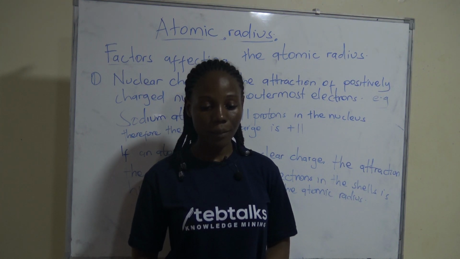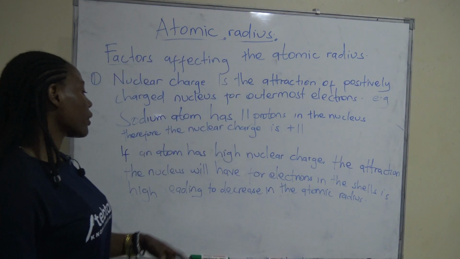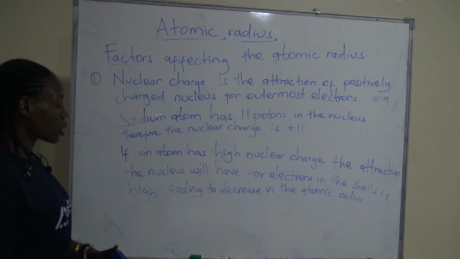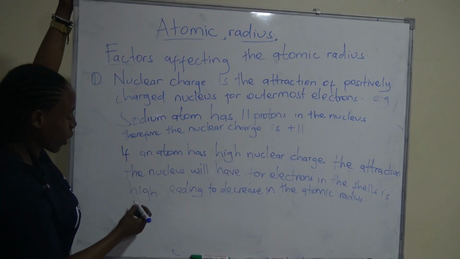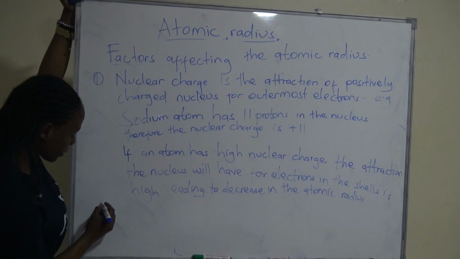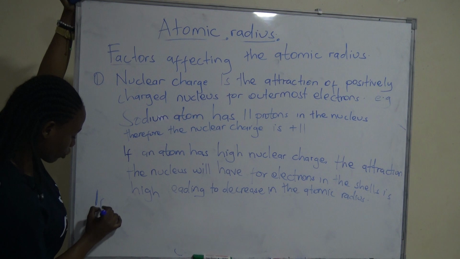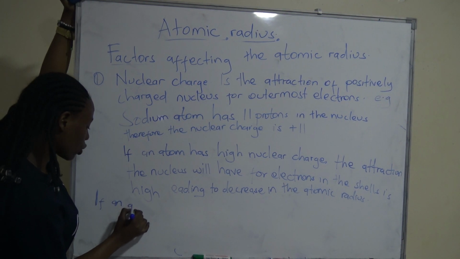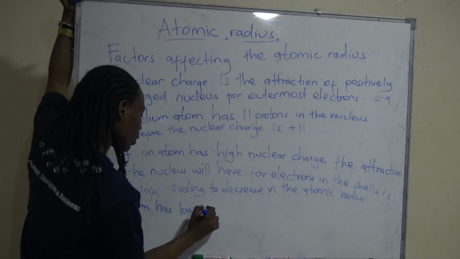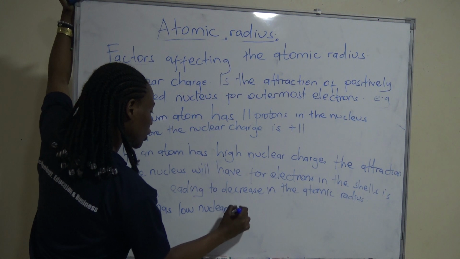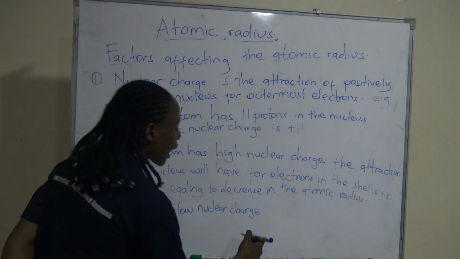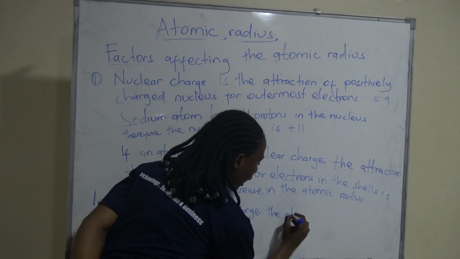Then if the charge is low, it would be the opposite of this. So let me start from around here such that I don't have to rub. If an atom has low nuclear charge, the attraction the nucleus will have, the attraction